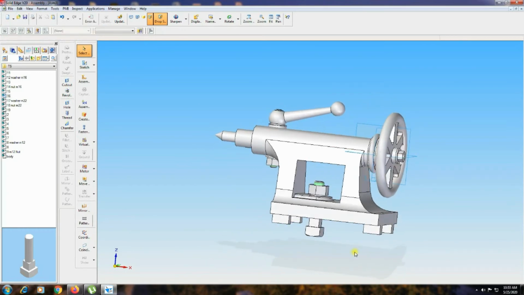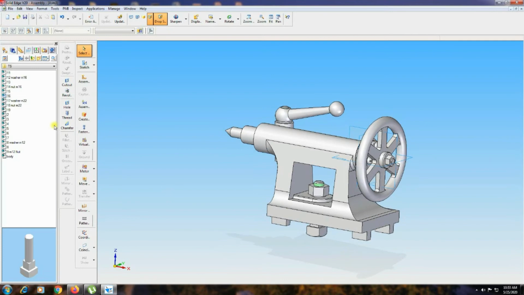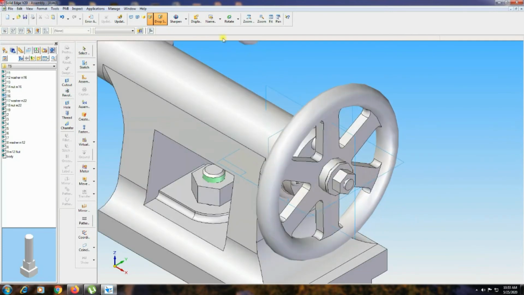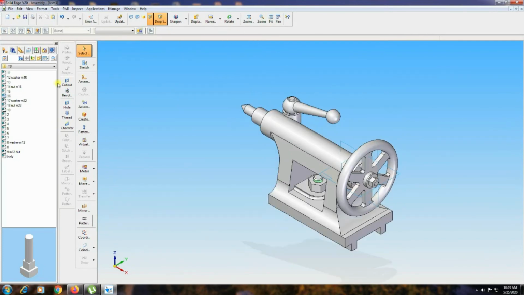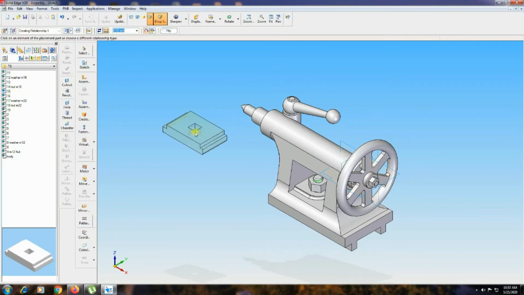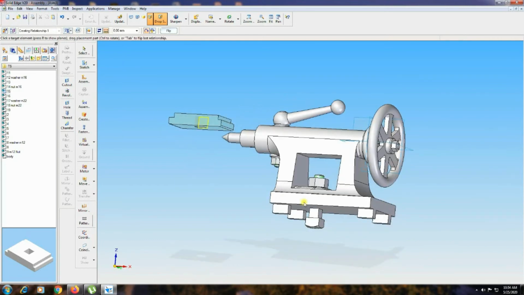Okay, next, you have to bring part number 15. ISO fit sheet, part number 15. Select that face, that face should align with that face.